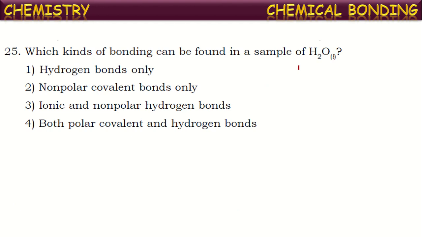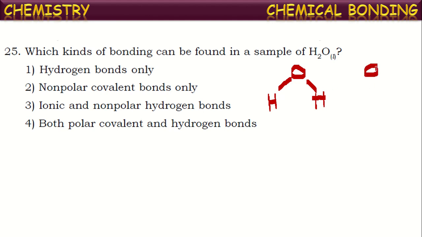So if you see the water molecule, like this. Between the oxygen atoms and hydrogen atoms, there are covalent bonds, which we can say as polar covalent, because between these bonds, the hydrogen is having less electronegativity than oxygen, so they form a polar covalent bond.